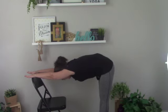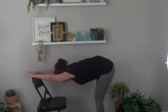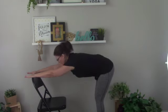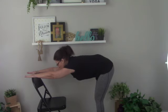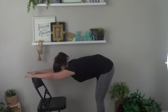So this is getting not only a nice stretch through your arms, your shoulders, and your chest, but you may also feel some stretch happening down along the back of your legs. So you can certainly bend your knees if you need to. If you're finding that's bothering any part, your shoulders, your head, your neck, then you just come out of it a little bit. Find that space that's giving you a nice stretch, but not putting you into the place of pain or injury. Good. Let's take one more breath in this